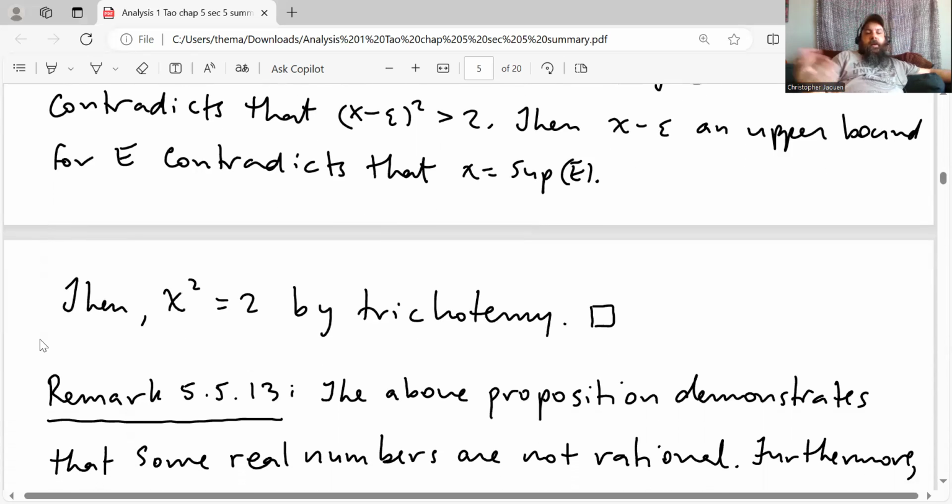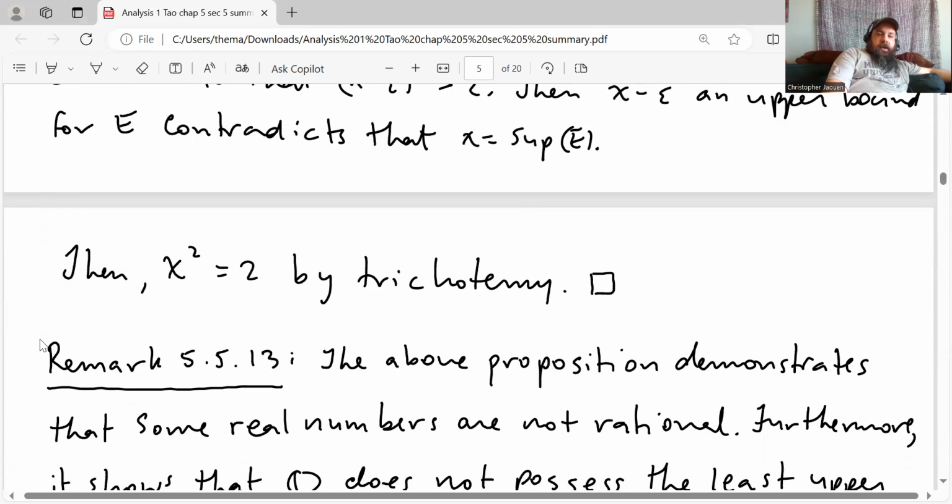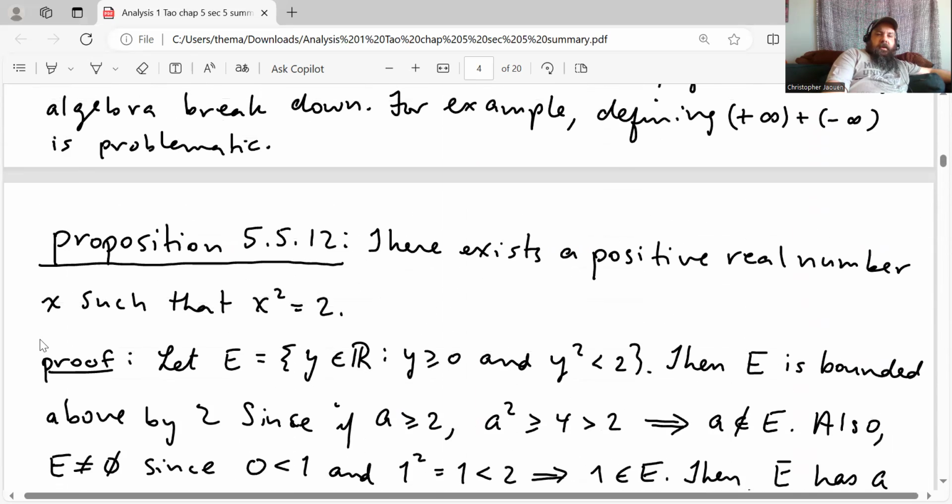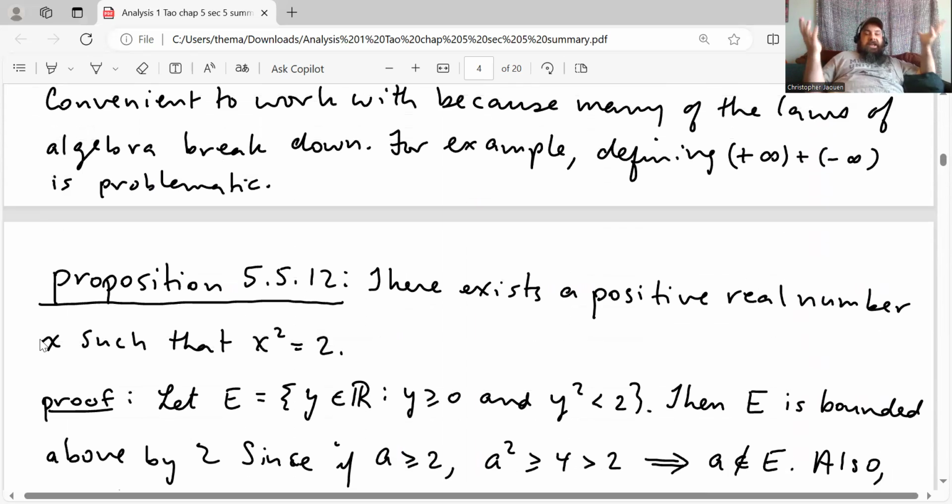Therefore, the only thing that's left by trichotomy is that X squared has to be equal to 2. Therefore, that's the number that squares to give you 2. All right, so that proves that there is a square root of 2 in the real numbers. Now, that's just one number, but